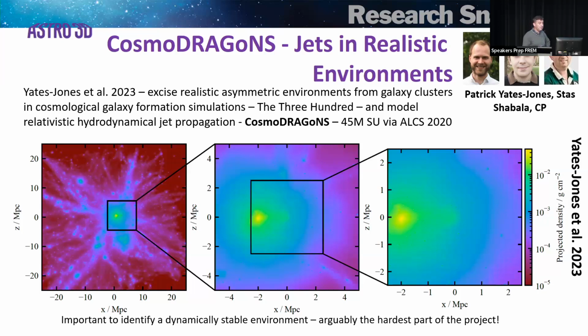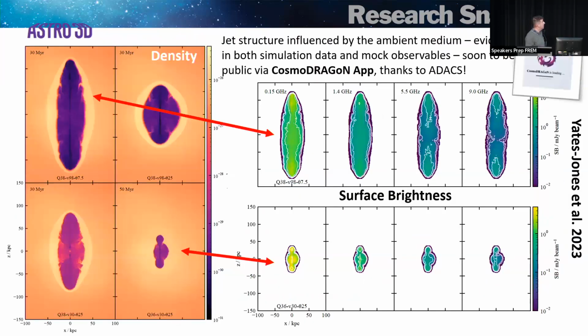And the interesting thing is to look at the effect of cluster weather. These are some plots just showing the density distribution of those jets. You can see jets on the left-hand side showing the density, and up corresponds to the jet axis. These are all measured at the same time, and they correspond to different ambient densities and jet powers. And this could then be converted into radio maps.